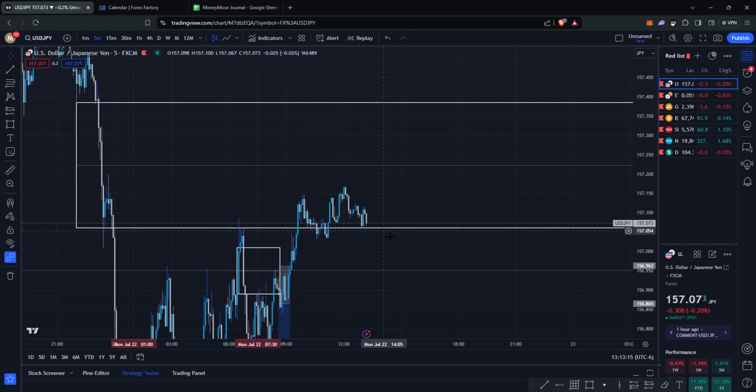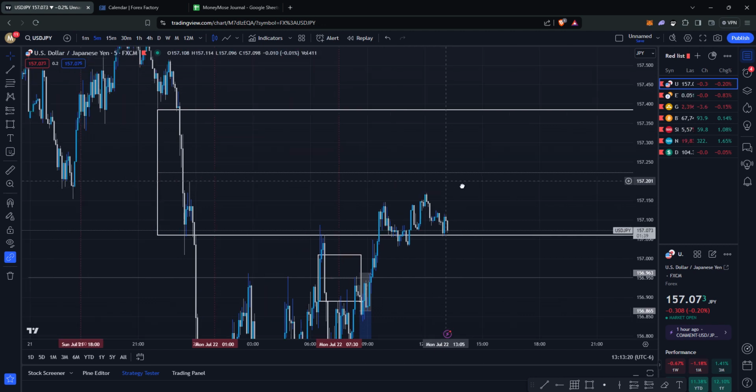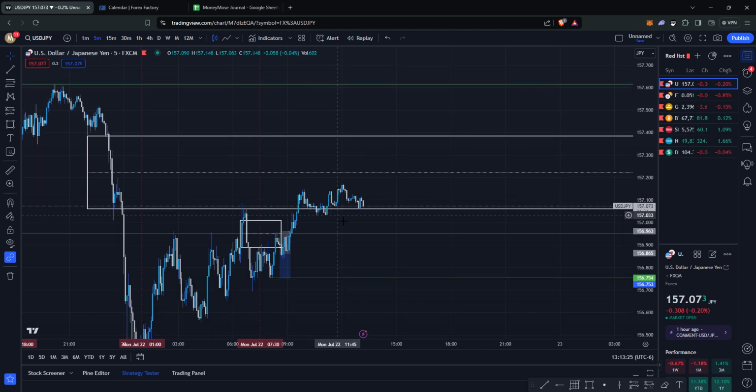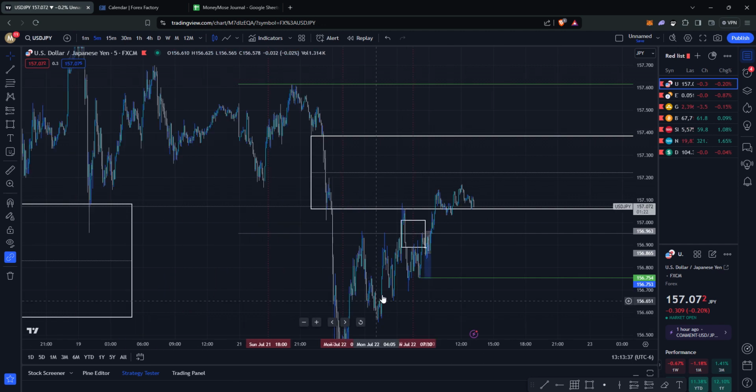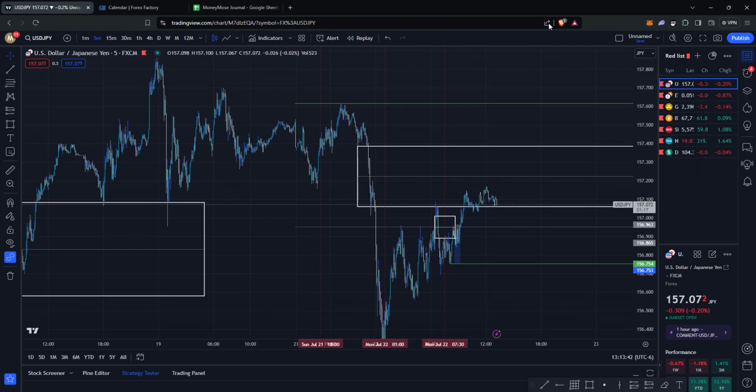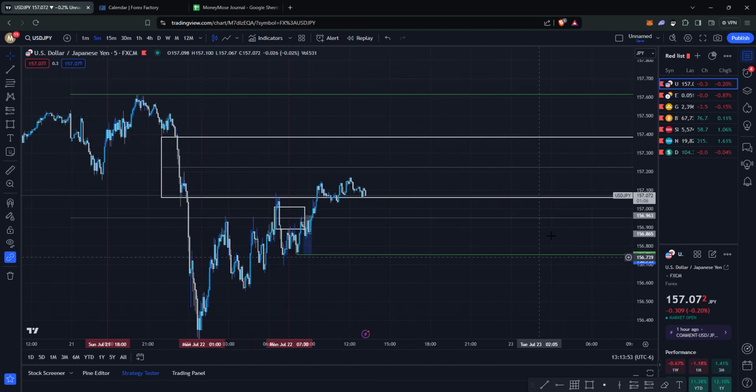It's past lunch hour now. Something I learned today was that I wish I was just a little more patient with myself, because the only real high time frame confluence I had was this equilibrium, tapping back into high time frame equilibrium. I would have liked a little more than that, especially a retrace into this gap and being in equilibrium. Then if we got a break of structure, I would have liked that a lot better. But you live, you learn.